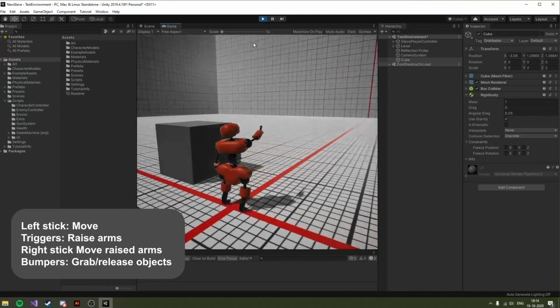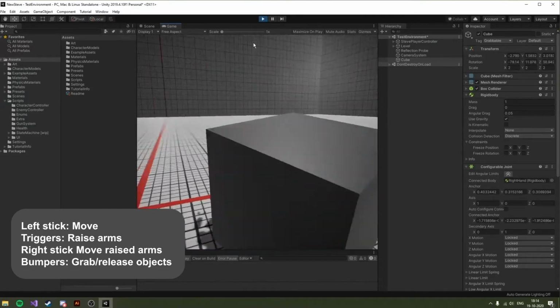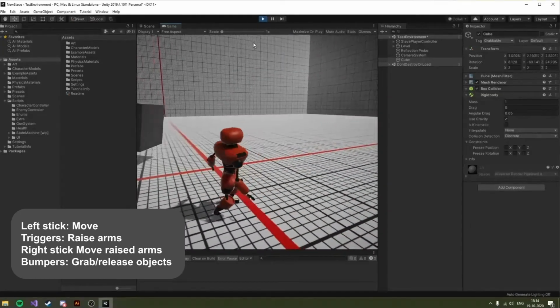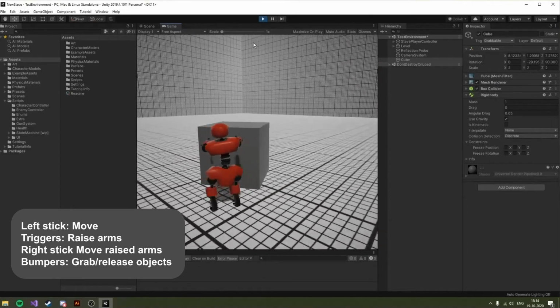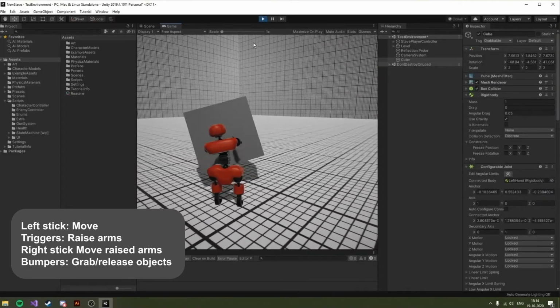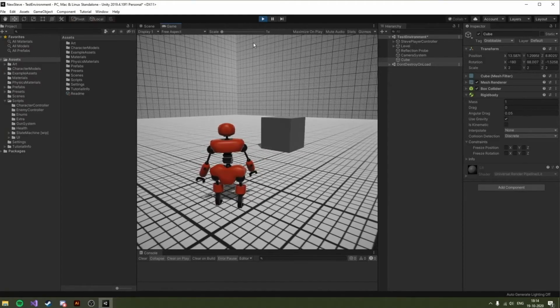And there we go. If I hold up my arms by using the triggers, then use the bumpers to actually snap to the object to grab it, I can drag, release, hold up, throw. And perfect, we now have a funny physics character that we can expand on. You can also add your own objects to the project and give them the grabbable tag so that you can pick them up and play around with your own